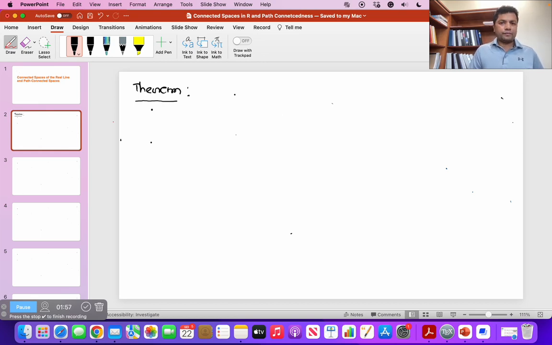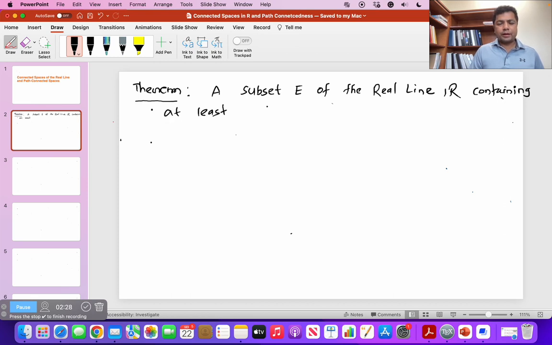The statement is: a subset E of the real line R containing at least 2 points is connected